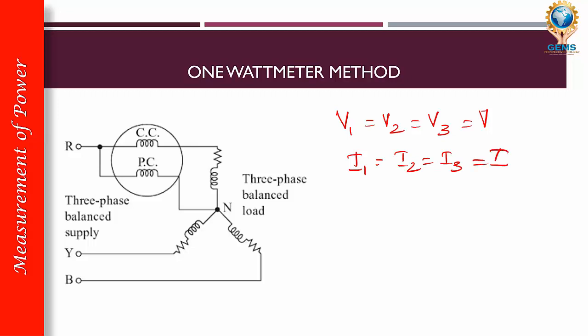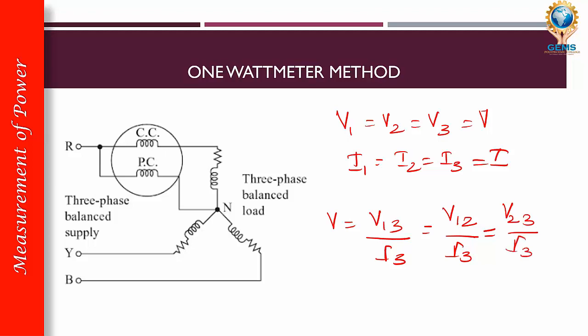Okay. So the line voltage is different and the supply voltage is different. So the supply voltage will be equal to the line voltage divided by root 3. So this is a common rule. And similarly, when I take line voltage between another 2 points 1 and 2, it is again V12 divided by root 3. And if we want to take line voltage between 2 points V2 and V3, then it is V23 divided by root 3.